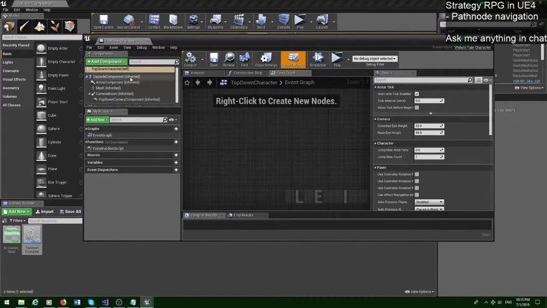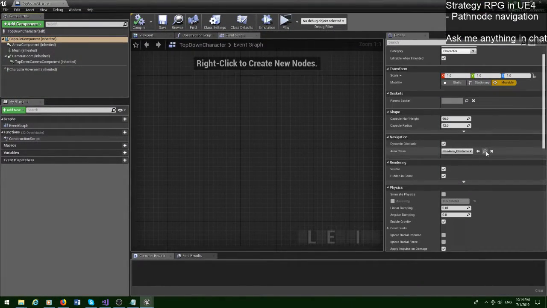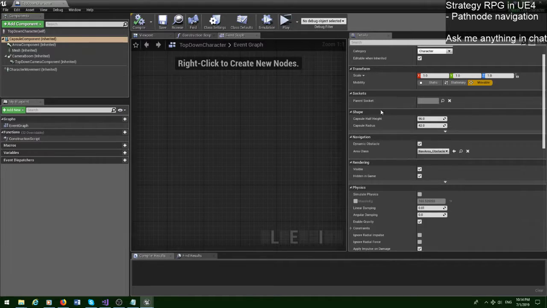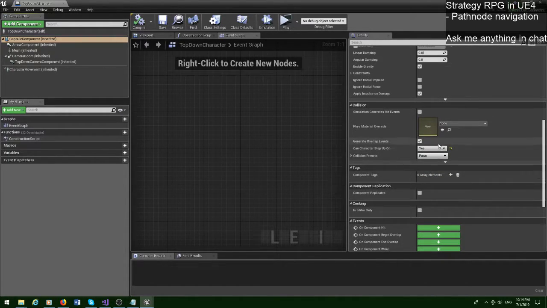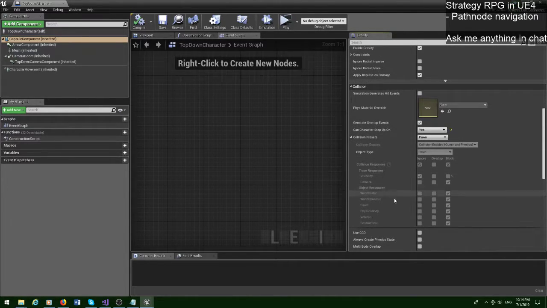Let's find out why. Not physics, collision presets, spawn, visibility, ignore. That's the problem. So we want to go with